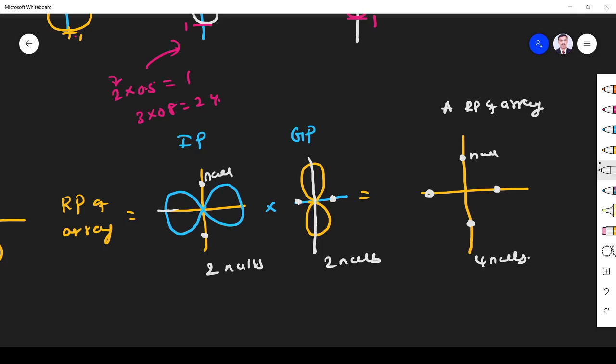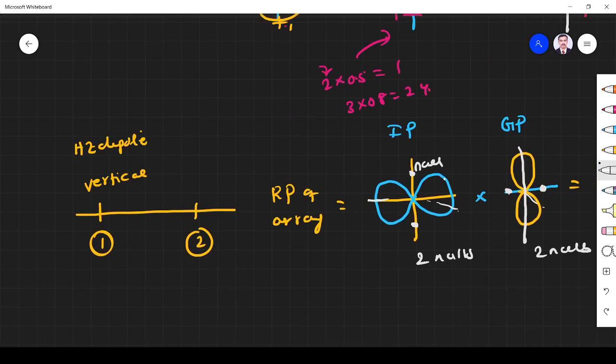So here we have a non-zero value, here also in this region non-zero value, so we get like this. Similarly in this region non-zero, here also this is non-zero. Here in this region non-zero value, here it is also non-zero value. Similarly here non-zero, here non-zero. When you multiply, what you get is a non-zero value. This is the radiation pattern of the array, right? This is how we are doing pattern multiplication.